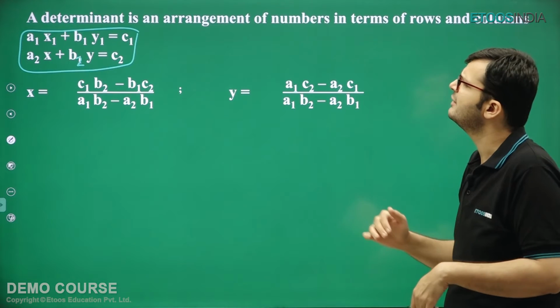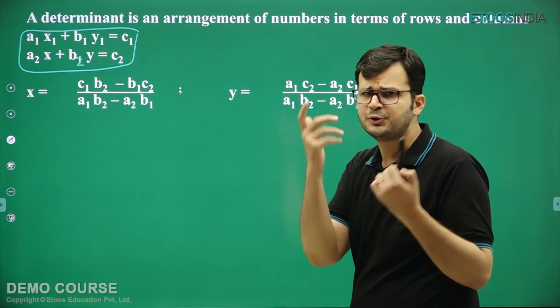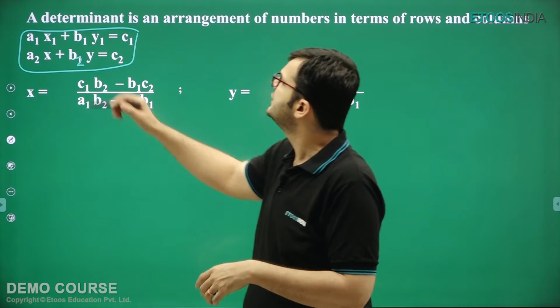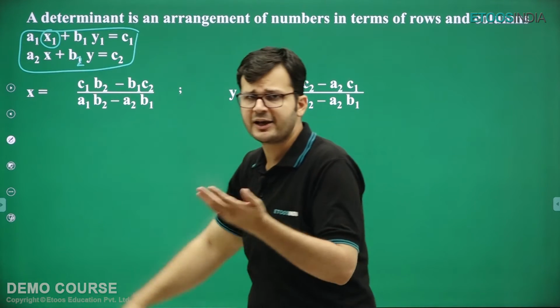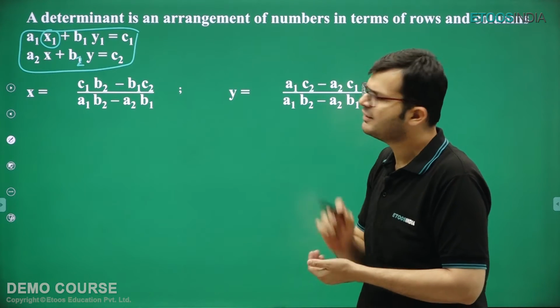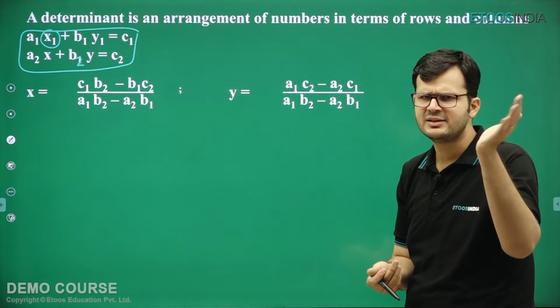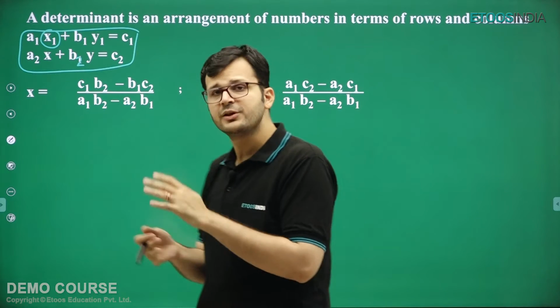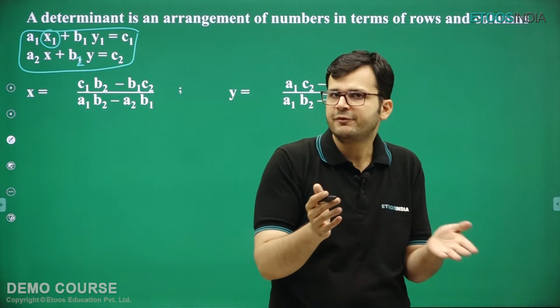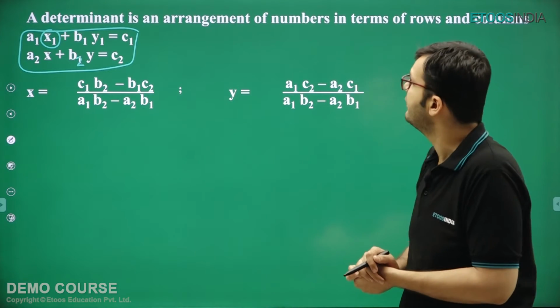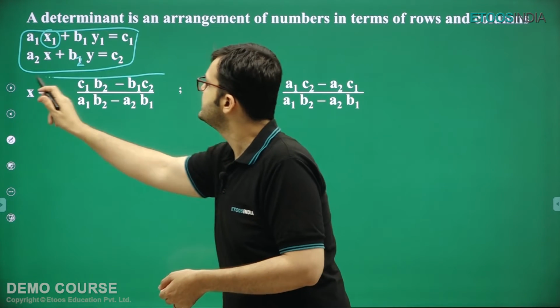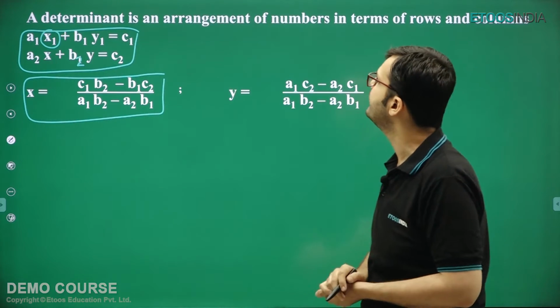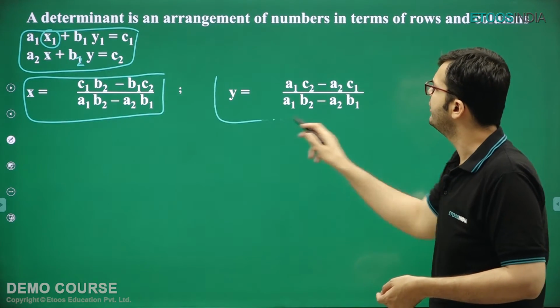And the second method that is available to us is the substitution method. What is substitution method? That you can put the value of x or x1 from the first equation into the second equation, that will give you the value of y and hence the value of x. So this is a good way, and if you use any one of the two ways, the values of x and y that you get are actually this: c1 b2 minus b1 c2 upon a1 b2 minus a2 b1, and similarly the value of y.